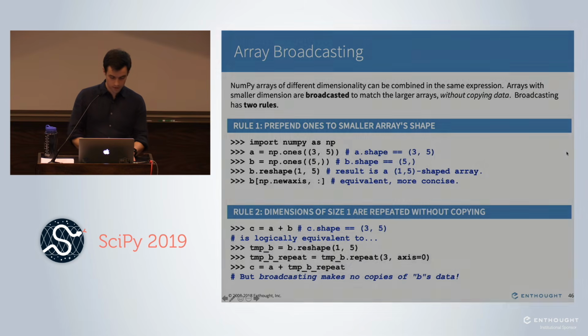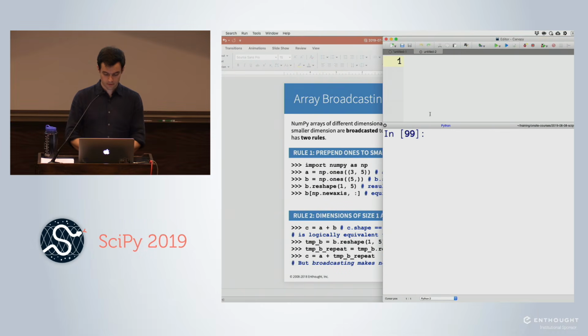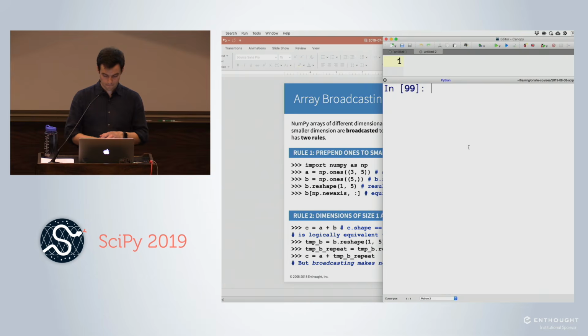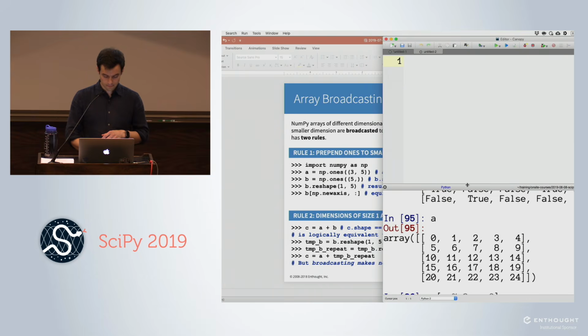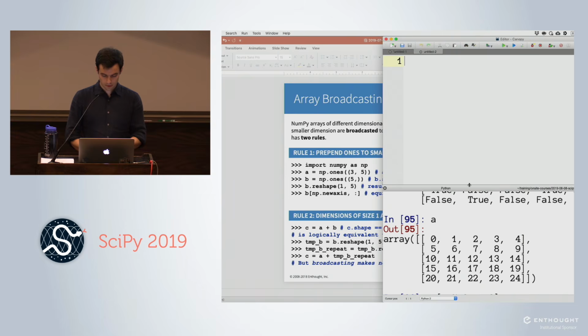There's too much stuff happening in this slide right now, so let me go to Canopy instead, or to IPython. Let's say I have two arrays. I'm not even going to run this code. I just want to talk about it conceptually. So A is a 5 by 3, and B is a 3 comma. If I try to do A plus B, what's going to happen is